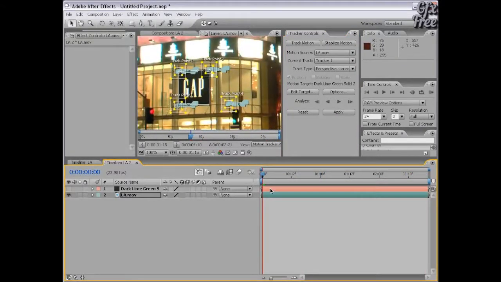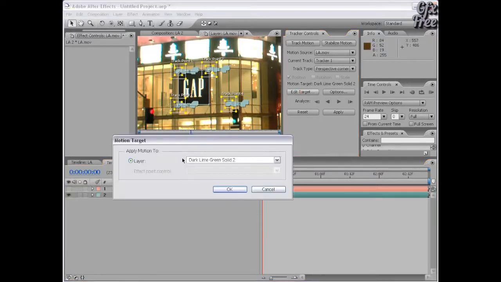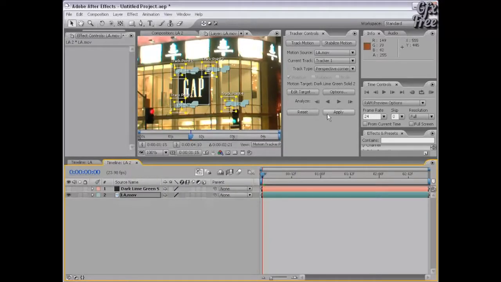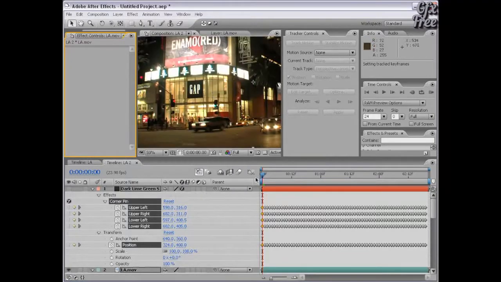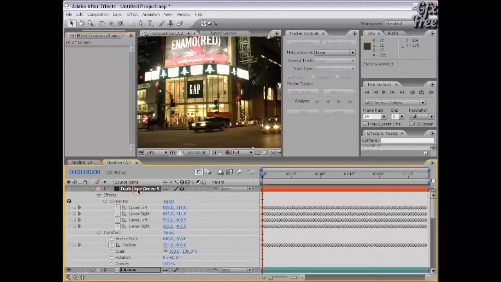Now, the difference here is we don't want to apply this tracking data to our Los Angeles footage, but instead apply it to our dark lime green solid. So I'm going to click Edit Target and make sure that that layer is selected. And then I'm going to choose OK, and then we click Apply. And then it takes us back to our composition, and a bunch of tracking data and a corner pin effect has been applied to our dark lime green